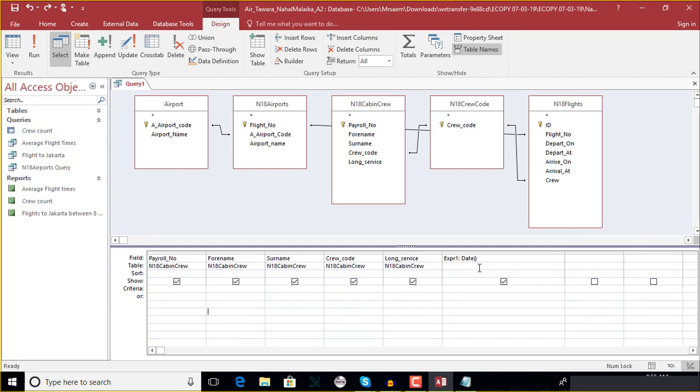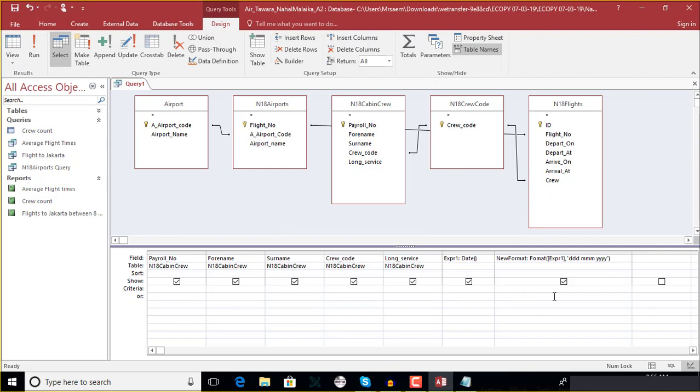For example, I can use format to change the format by using a function. So I could say new format, and format is a function, and I want to format expr1, comma. You forgot the R in format. Oh yeah, I forgot R. Format, and I want to format this into day, month, year, right? So if I run this,